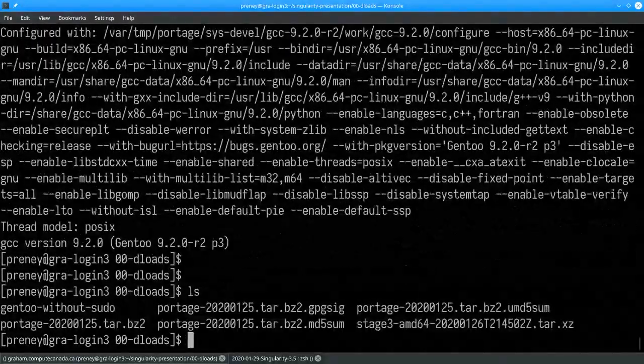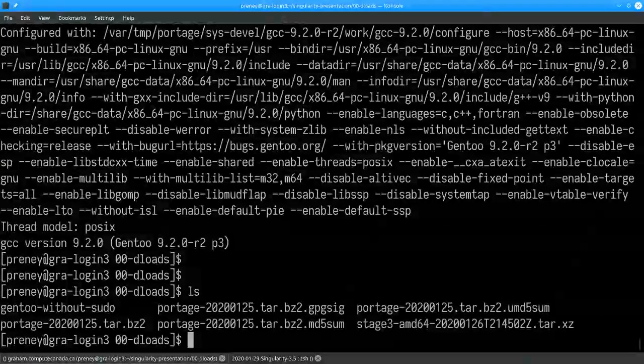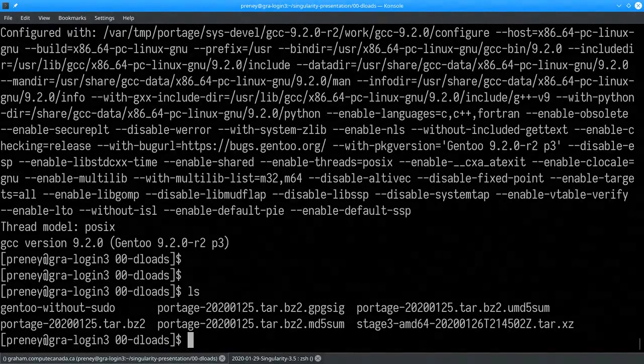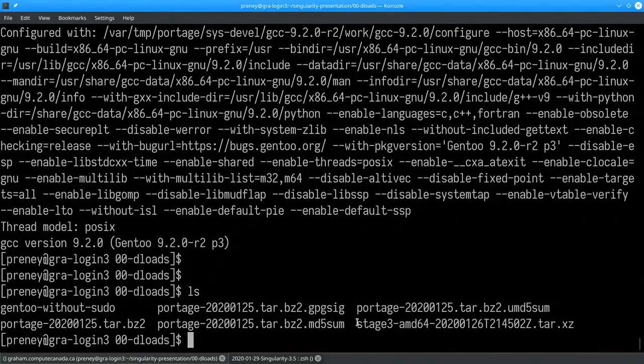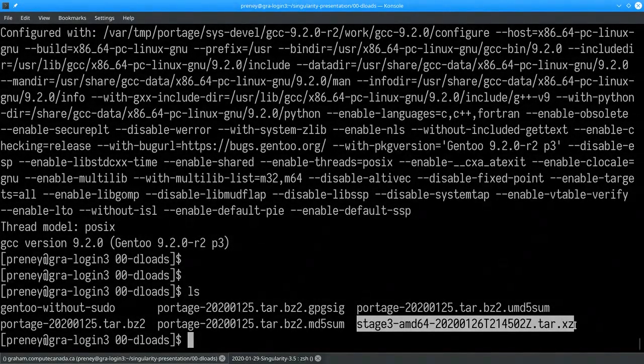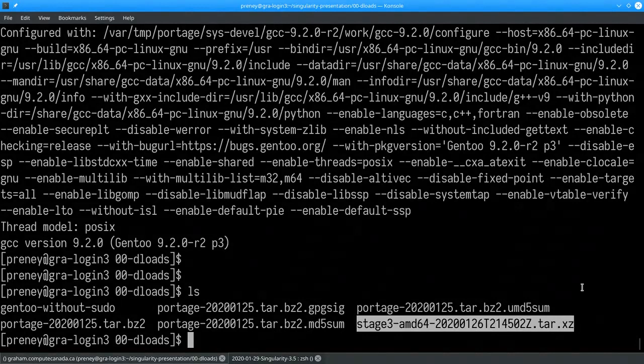Okay? One last thing I'll show is building an image, you can build your own image. If you're doing it on your own computer and you have root, fine. There's a variety of things you can do that can't be shown on the cluster here. But one of the things you can show is if you have a computer you like and it's the right setup and you tar up, tar is an archiving program like zip, if you tar up everything on the hard drive, okay, I downloaded from Gentoo's website their so-called stage 3 files, a minimal Gentoo install. So if you download that right off the Gentoo site, right here, that's a tarball,